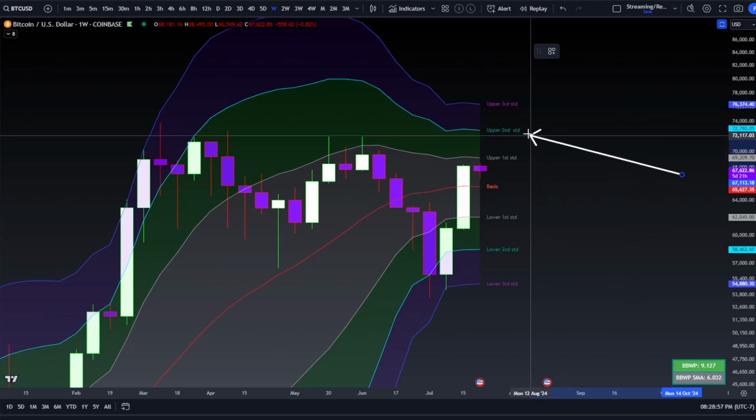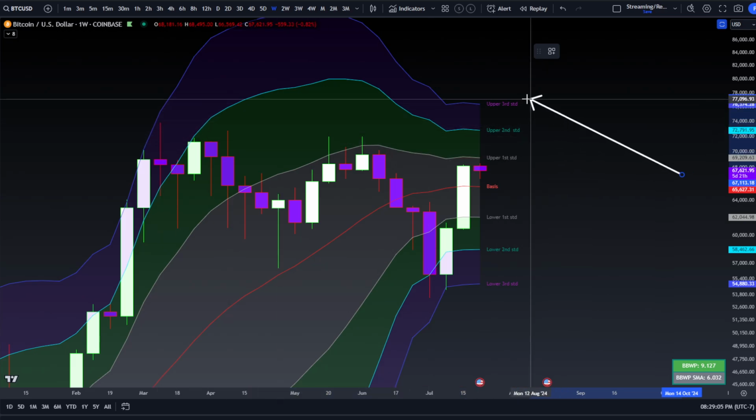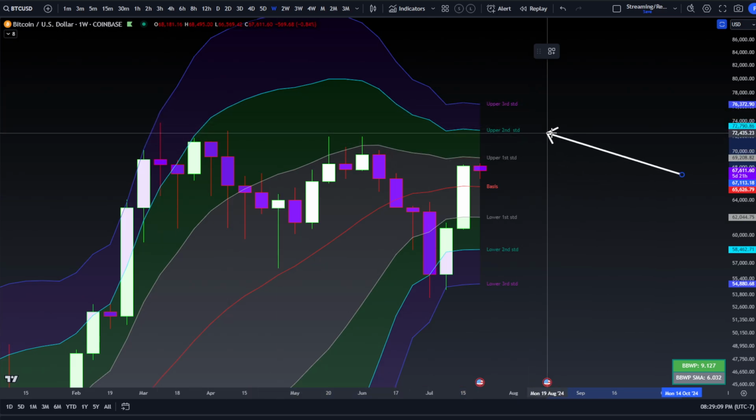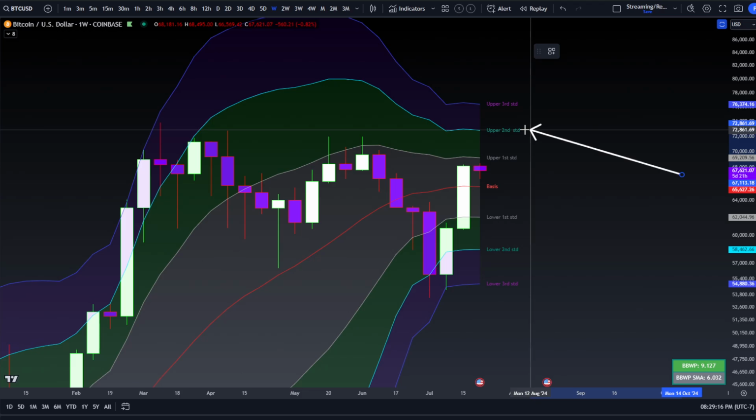Just shy of 73 at the upper second standard deviation. But if Bitcoin does start to close outside of that, and of course above the prior cycle all-time high, be aware of around 73 to 75, possibly even wicks up to $76,000 or just over there at the upper third standard deviation. Now, if we do start to see closures by the end of this week, and we'll talk about this again on Friday, but if we do start to see closures above the upper second, we would be starting